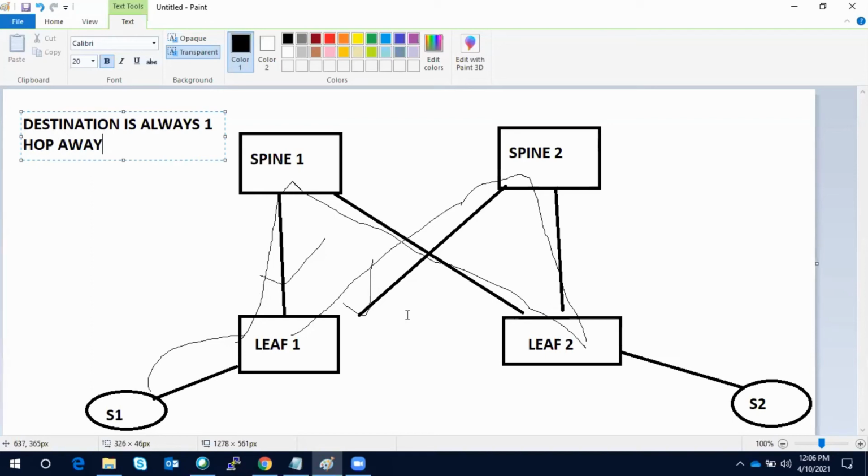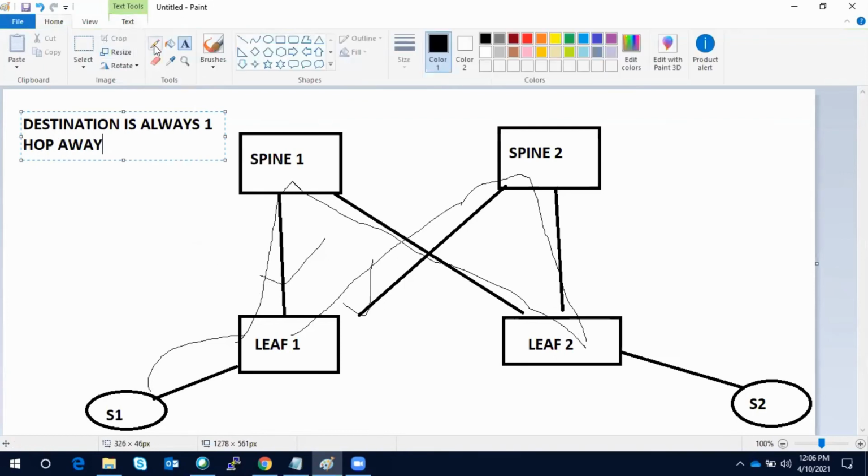Second thing is, in ACI these uplinks support a speed of up to 100 Gbps, or 25 Gbps. So they are very high speed links. Most of the time, in my three ACI projects, I have seen the leaf and spine connected via 100 Gbps.